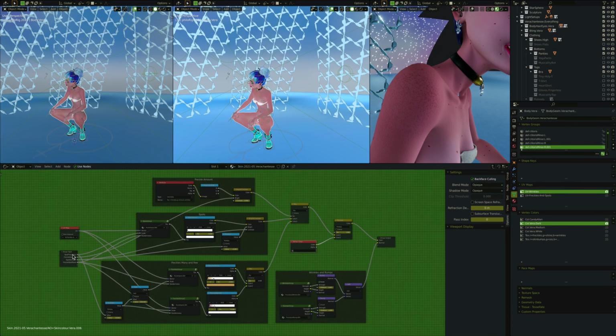So this spots frequency goes into the scale of this top one, which gives you the spots, but it also goes down into these math nodes, and the output of the one, when we multiply by 10, goes into here, and the one where we multiply by 10 and then add another 1500 goes into here. And so what this ends up doing is making these freckles